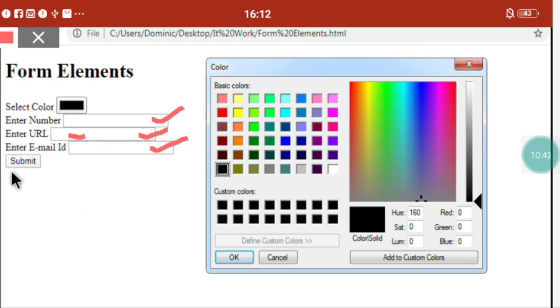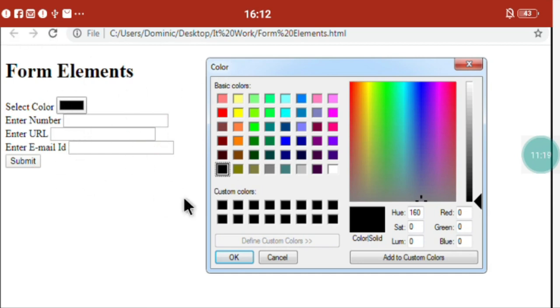Okay, and the next thing given here is called the submit button. The submit button will submit the data to the server, meaning whatever data you typed over here will be submitted to the server for your future reference. Whenever you want that data, you will get it back. So this is the output of your program. Just now we have learned in Notepad++ how to type it, how to save it, and how to run the program. Once you run the program, you will get an output like this.